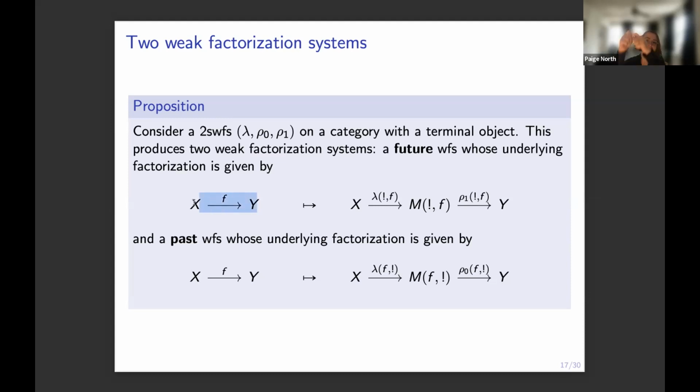Okay, so just like we had 2 slides ago, if we think about a map XY as constituting a span like this, then we can use our factorization of spans to derive a factorization just of maps. And similarly, we can do it in the other way. And these correspond to the 2 different factorizations that we talked about at the very beginning of the talk. And so we can call these, following some people who've worked on directed homotopy theory, future weak factorization systems or past weak factorization systems, because we can lift along paths that are either going forward in the future weak factorization system or going backwards in the past weak factorization system.